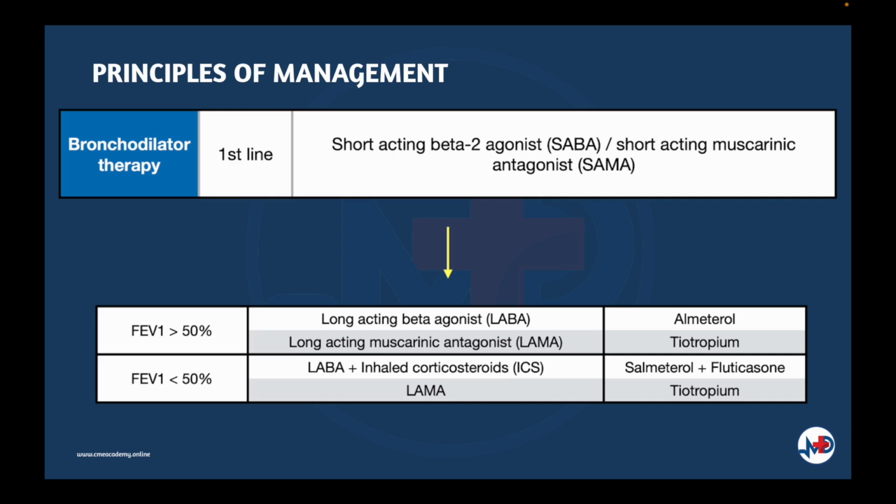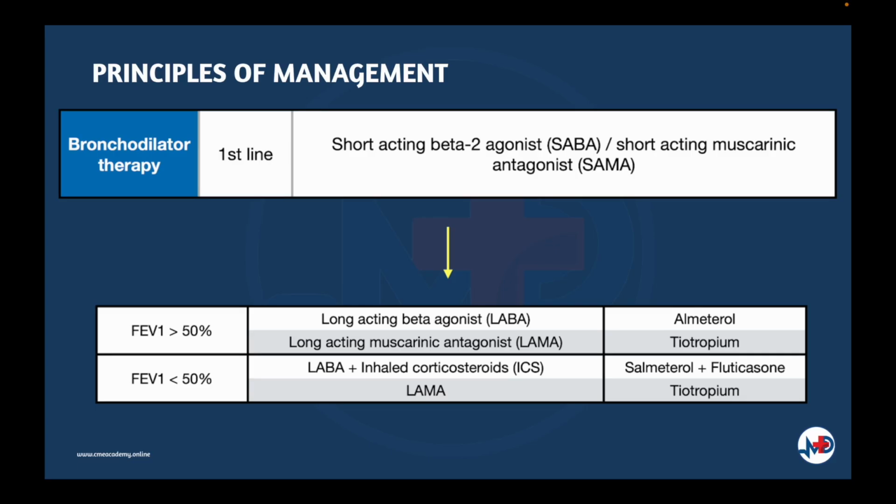The NICE has updated its guidelines on the management of chronic obstructive pulmonary disease in 2010. As for bronchodilator therapy, a short-acting beta-2 agonist or short-acting muscarinic antagonist is the first-line treatment. For patients who remain breathless or have exacerbations despite using short-acting bronchodilators, the next step is determined by the FEV1. If it is more than 50%,